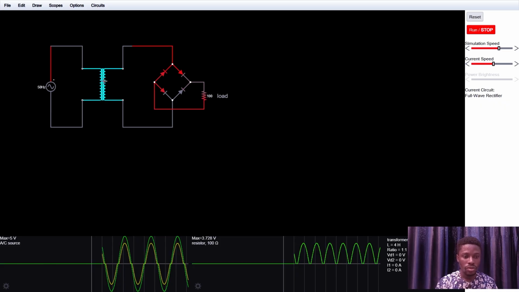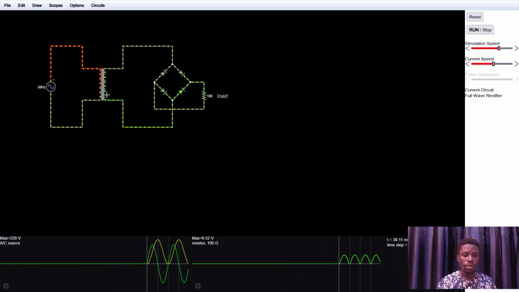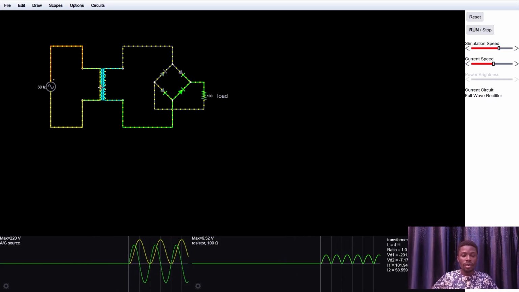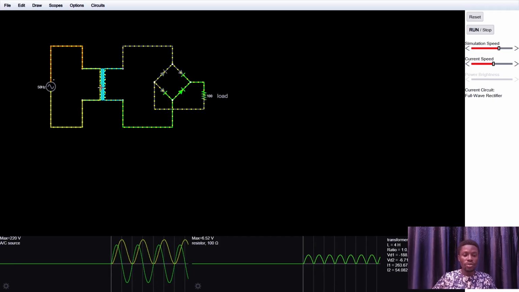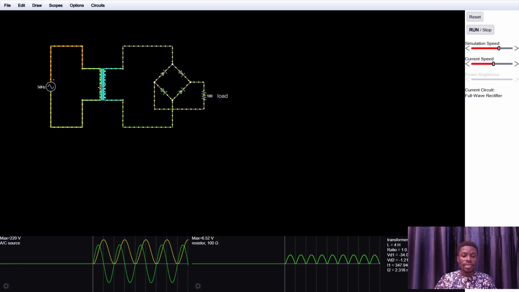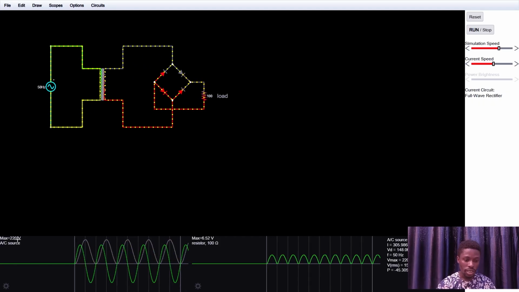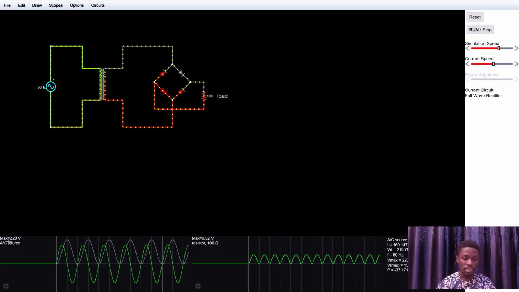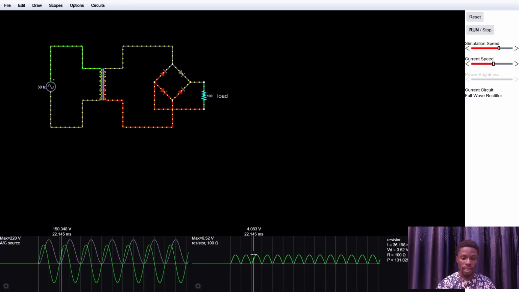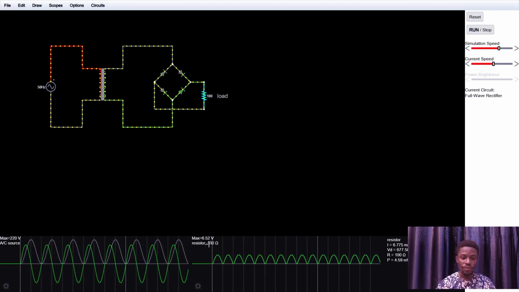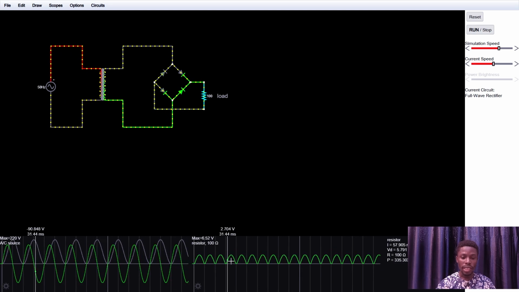Okay, that's good. So let's see. This transformer is acting like a step down from 220 volts to a lower voltage. How did I know? This is the input side. This is the waveform at the input side, 220, and this is the output side, 6.52 volts at 100 ohms